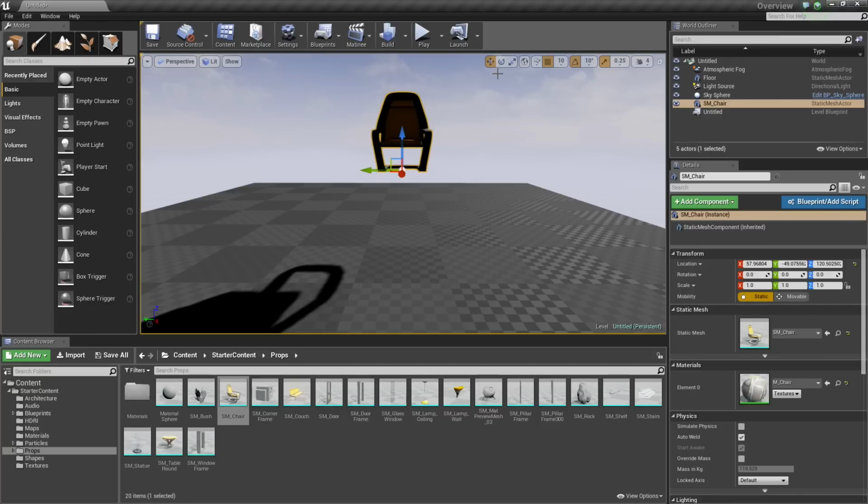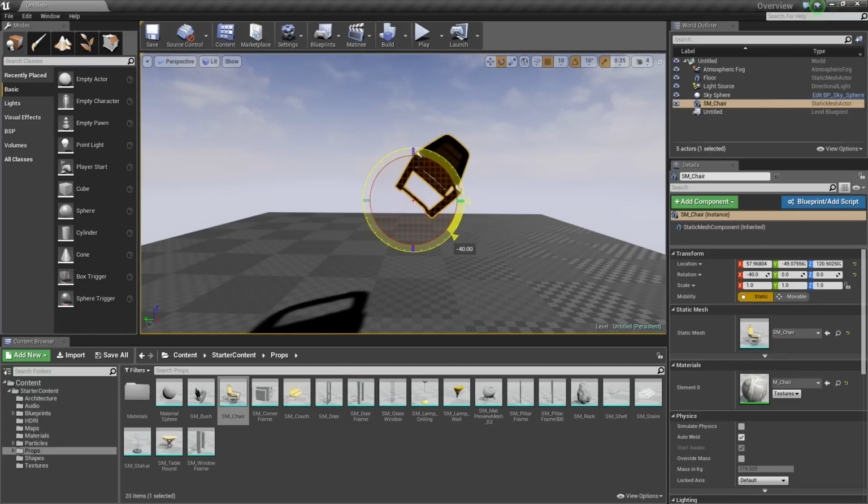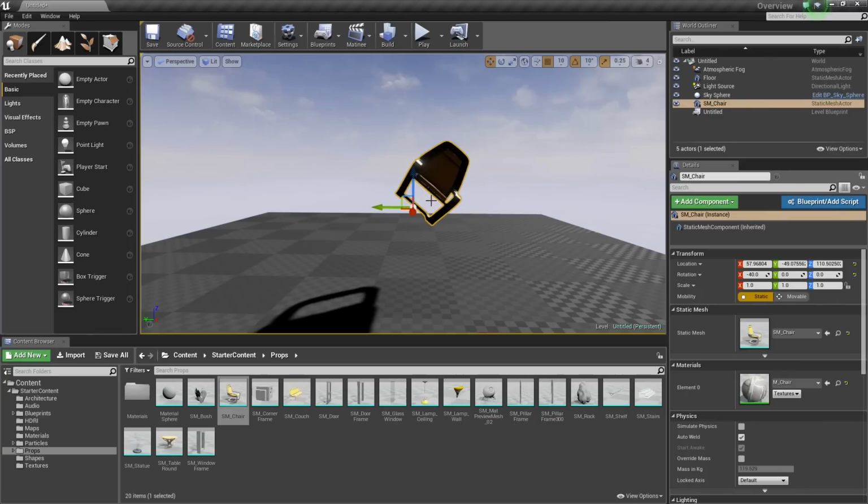Let's actually demonstrate this. We're not going to talk about rotating too much right now, but if you want to follow along, you can press E and then grab this little widget here and turn it to about 40 degrees on its side, and then press W again to go back to the move tool. So in world space, we are moving the object along the Z here, but what if we wanted to move the chair out in this direction along the Z? Well, that's where world space versus local space comes into play.